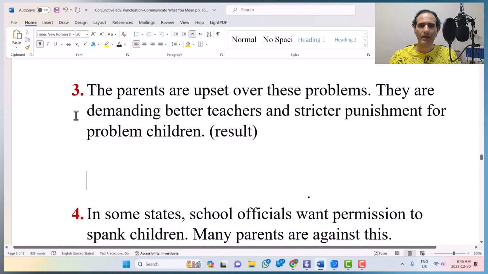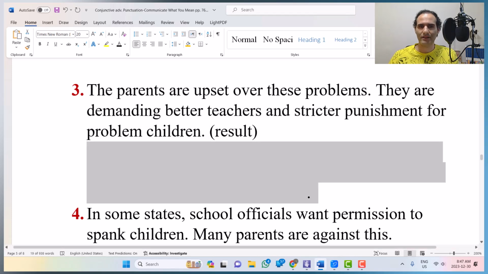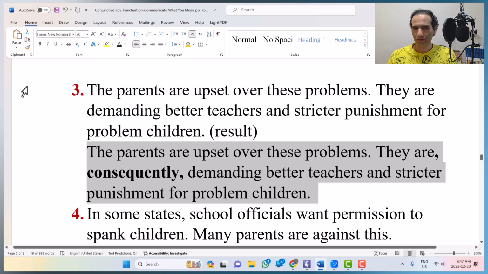Okay. Number 3. The parents are upset over these problems. They are demanding better teachers and stricter punishment for problem children. So, result. As a result, consequently, therefore,